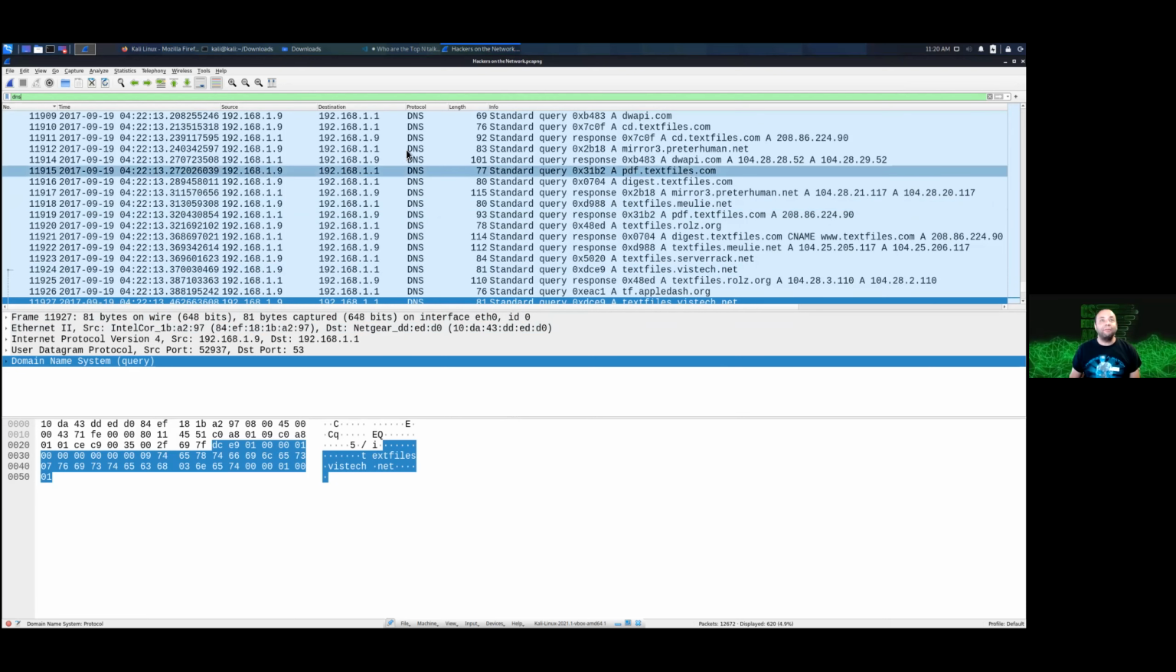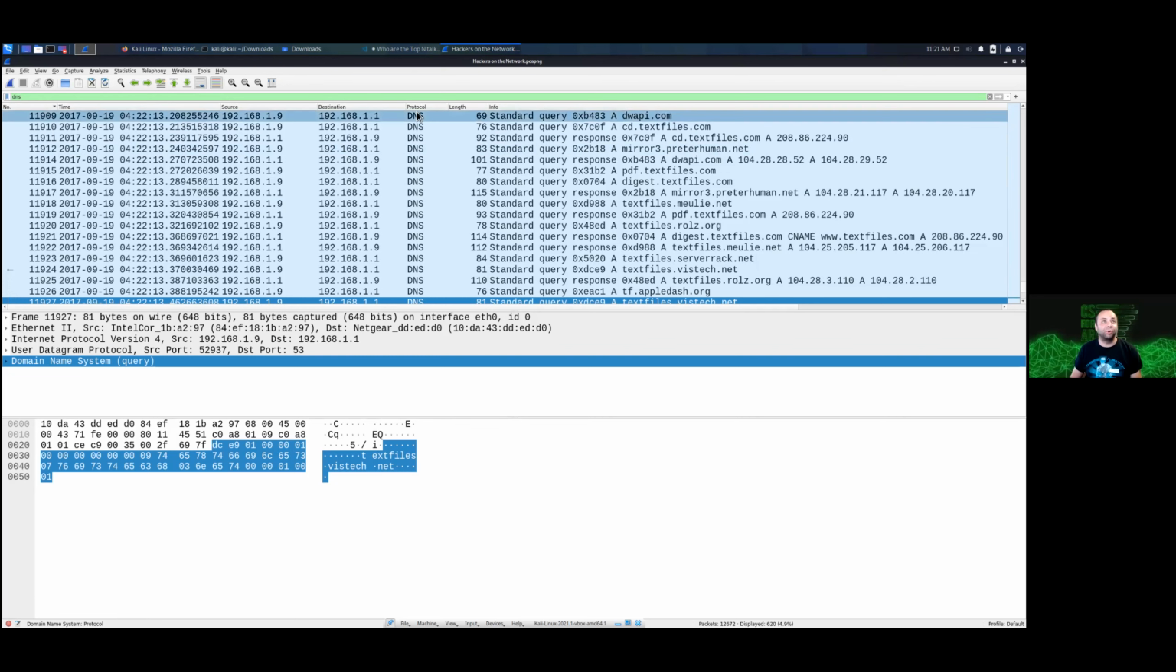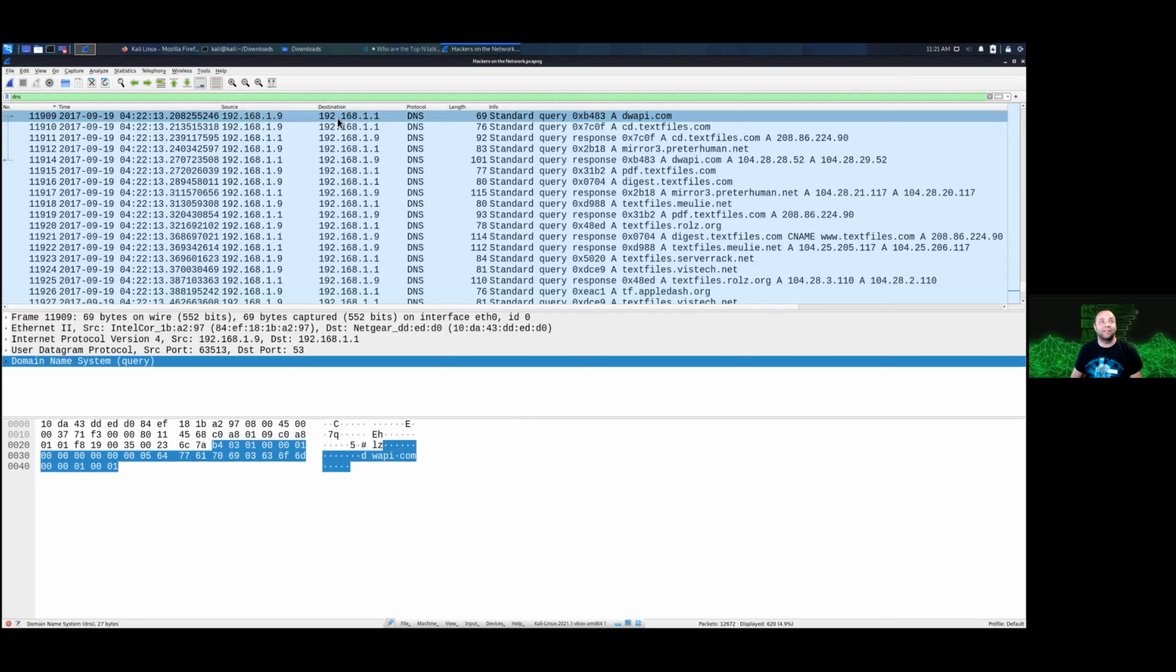So right now I'm looking at everything that matched. It contains DNS as part of the protocol. Something else I can do is single out a host. A host is either going to be a source or a destination in IP communications. So if I say ip.addr equals, and this is the same equals as in other computer science concepts, 192.168.1.9,